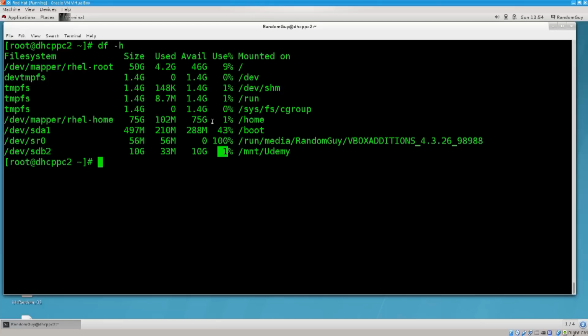Now, df you can just use to have a list of these mounted partitions and how much space is actually used on them, or what is the available space, and so on. So you have the size here. So wait, let me just choose this one here, sda1, or let's choose a normal one. Actually, let's take the example of the one that we have created. So this one says /dev/sdb2, it says size